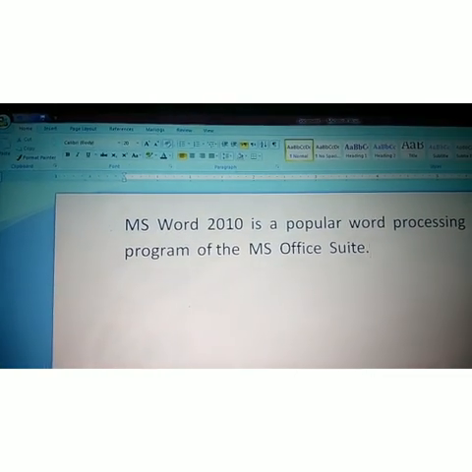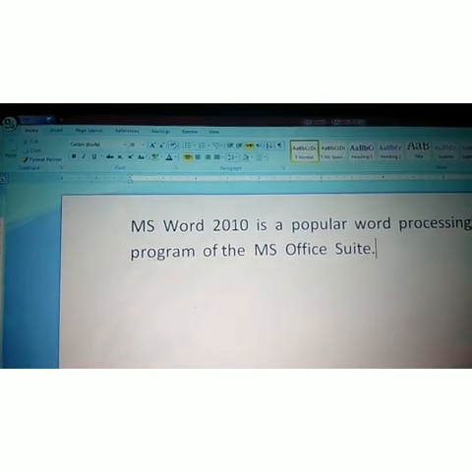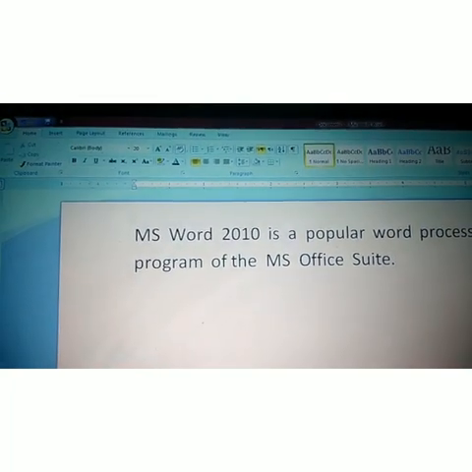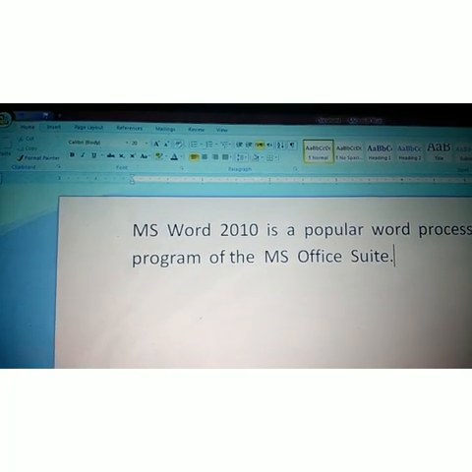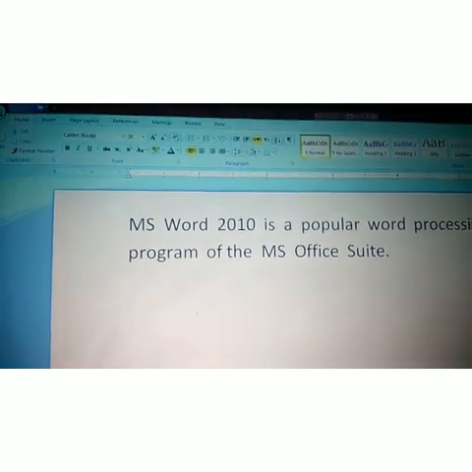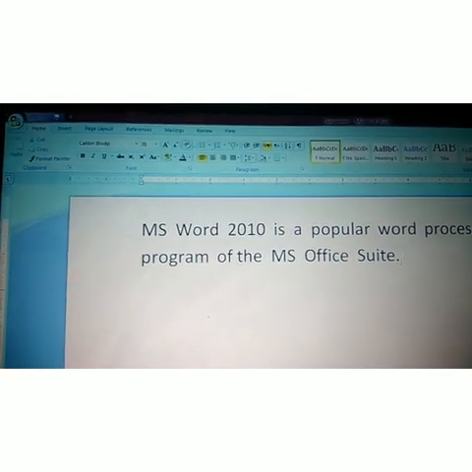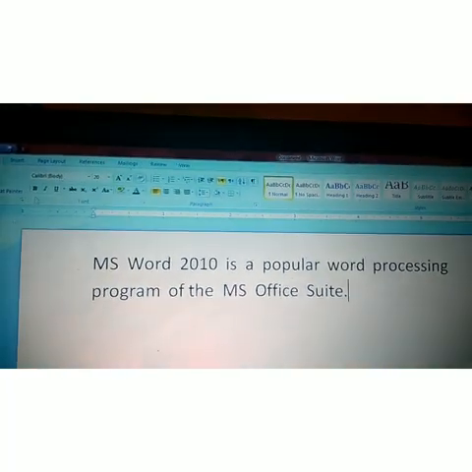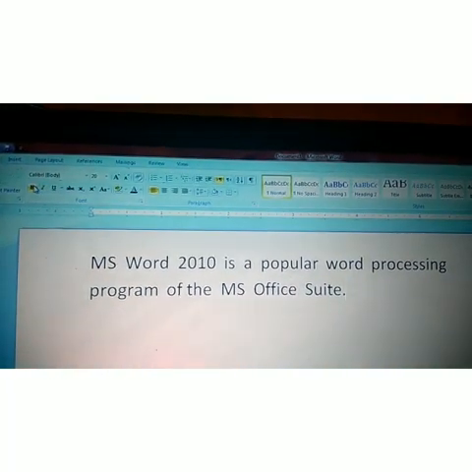Okay student, and then we use the features of related tabs. We use the Home tab feature. See student, in the Home tab we use B, which means bold.